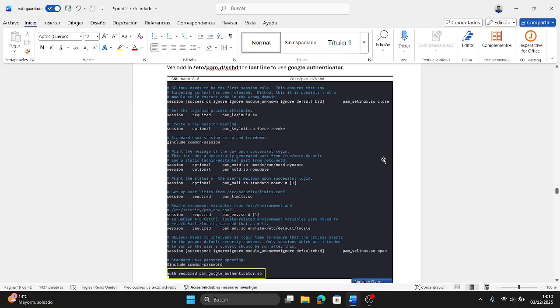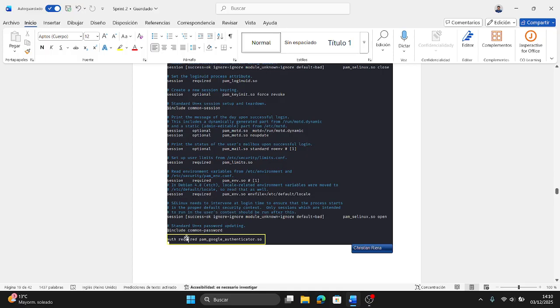We have to open the SSH file, the etc SSHD file, and we add this line to require Google Authentication.